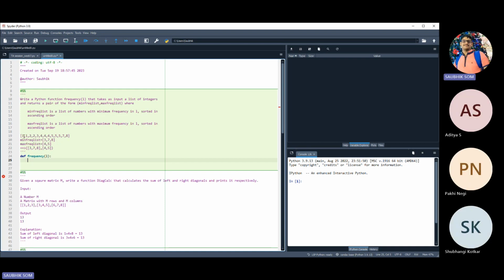Okay. So mentally what I checked is that 1 is there 2 times, 2 is there 2 times, 3 is there 1 time, 4 is there 3 times. So what I'm counting here is basically, if it is the same, I should have a length. Okay. Correct. So what we can do is,